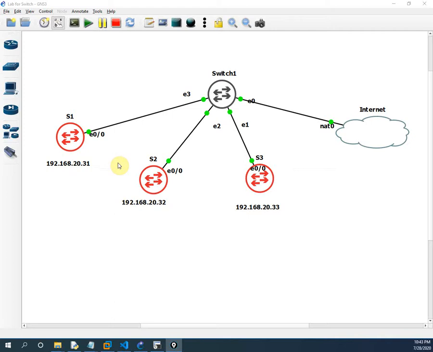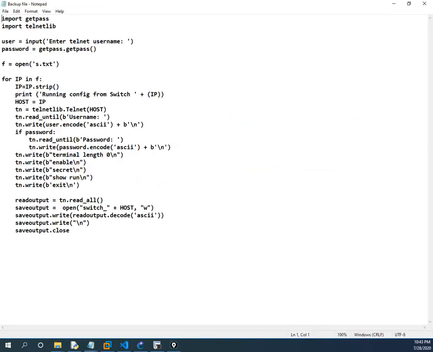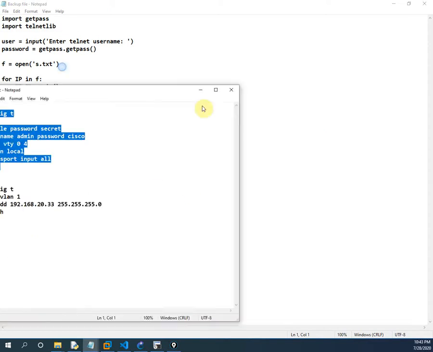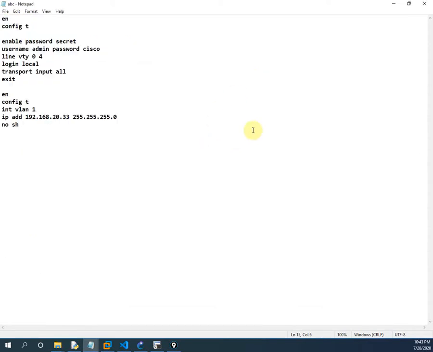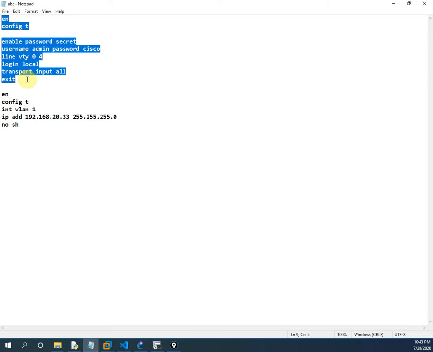Now, what is the configuration in this lab? Let me show you the code and the configuration. First of all, let me show you what I configured on the switch. This is the configuration from our last video, the same configuration and the same topology.